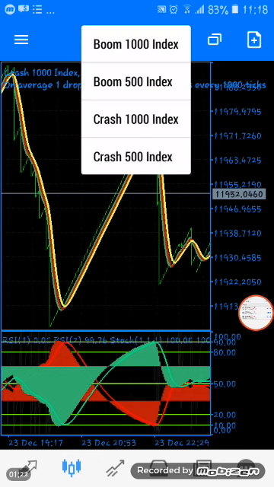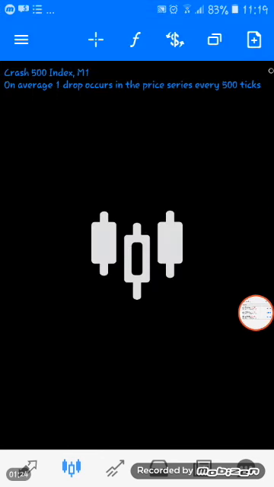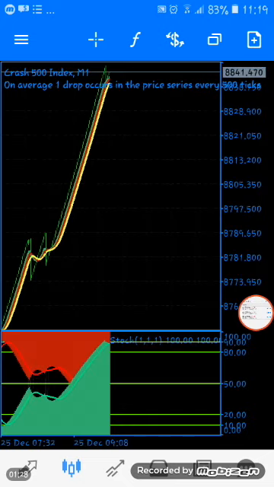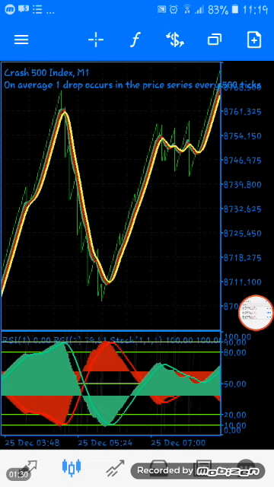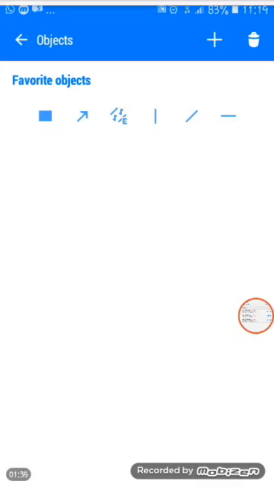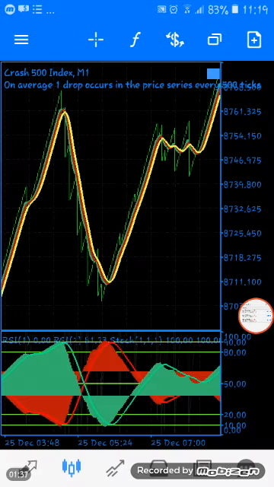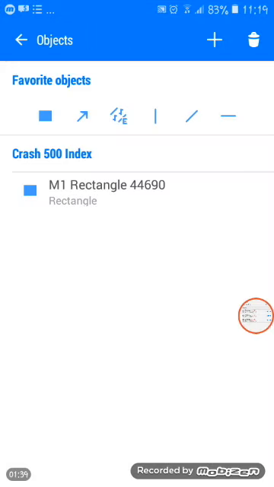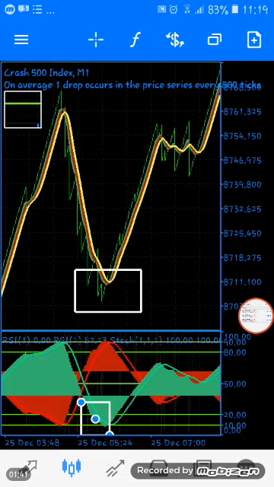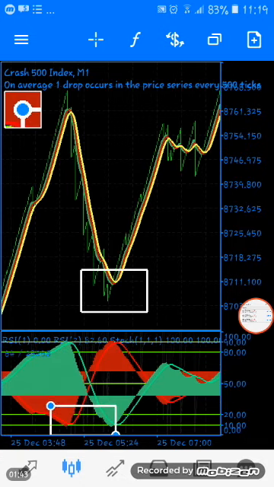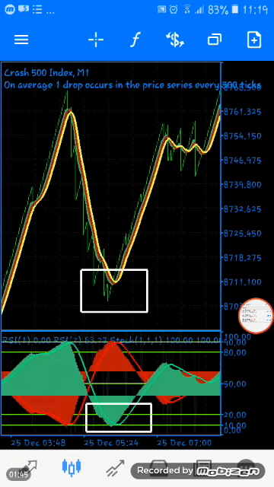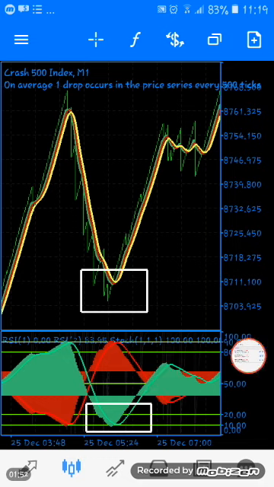Let me try switching to a different index. For example, here we've got our peak low. I'm just using the 1 minute time frame, but what I'm sharing with you works for every time frame, right? We've got it here. And so when the green reaches oversold or overbought and there is a gap, this gap